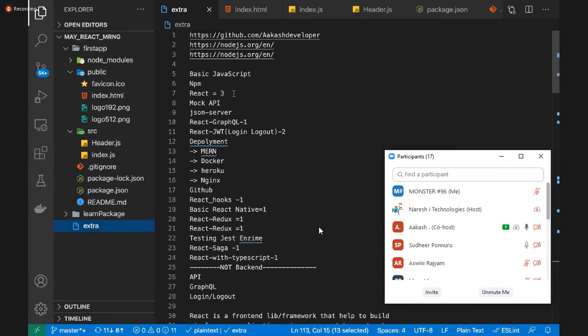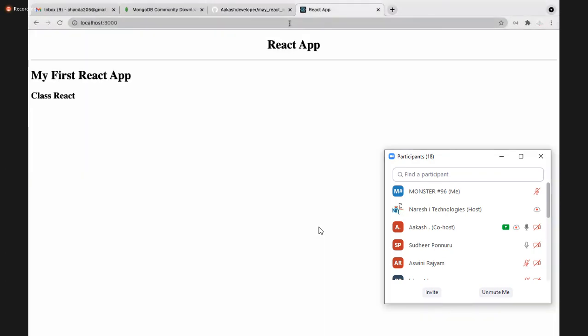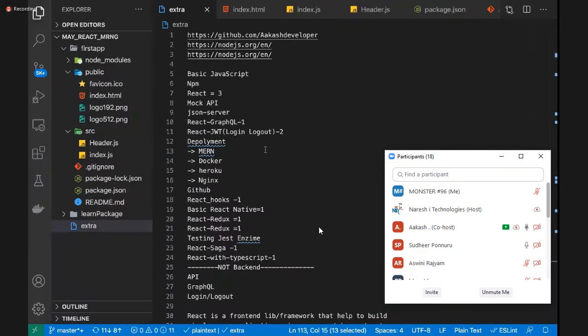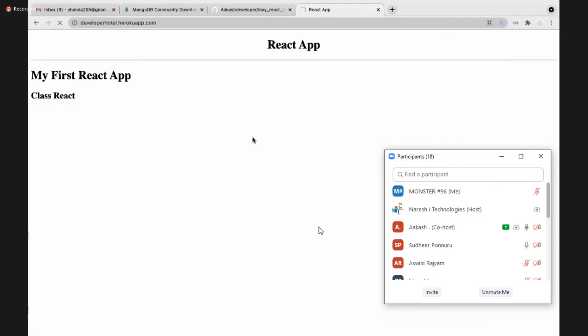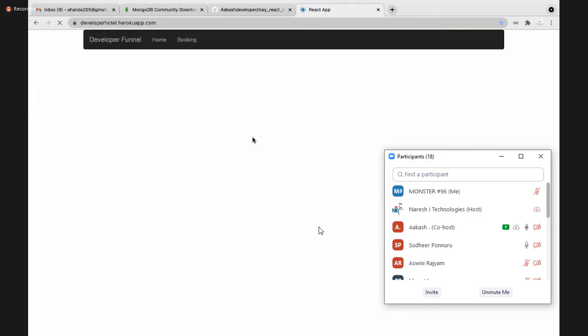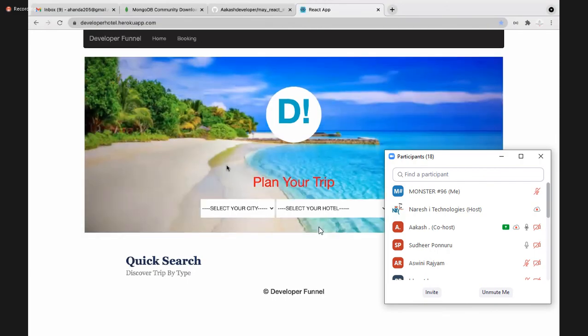Out of that, one is a very big application, a proper hotel booking app with every feature: filter, search bar, everything is there in that app. We are not building one, sir, we are building 10 applications in this course. It's a very big course, sir. May I know the duration? Duration generally takes 20 to 25 days, or it can be 30 days. Between 20 to 30 days it takes.